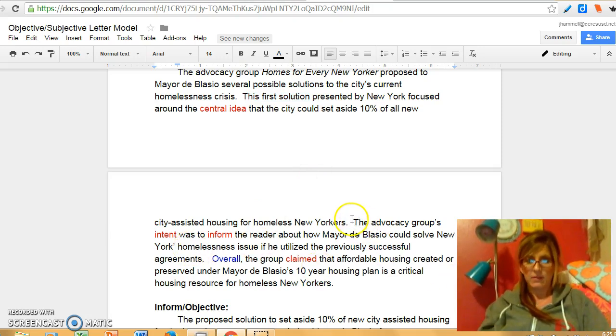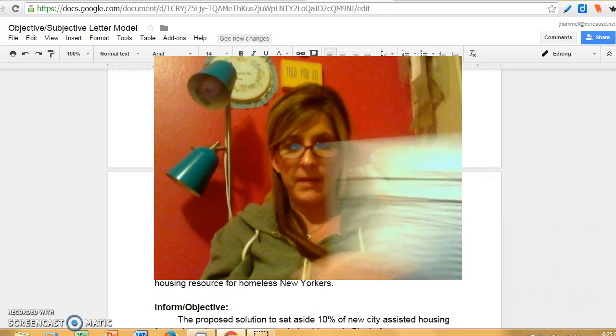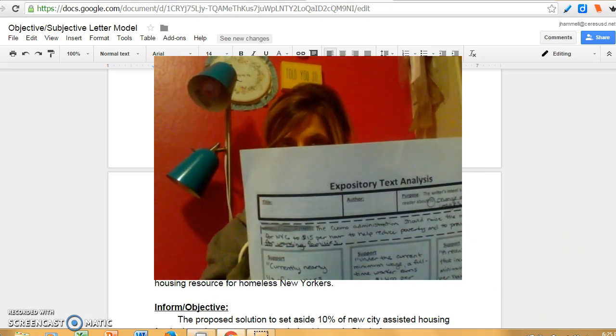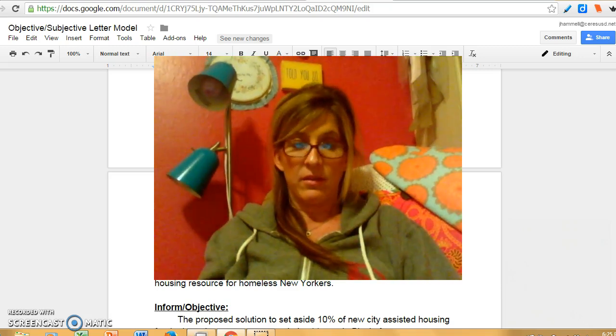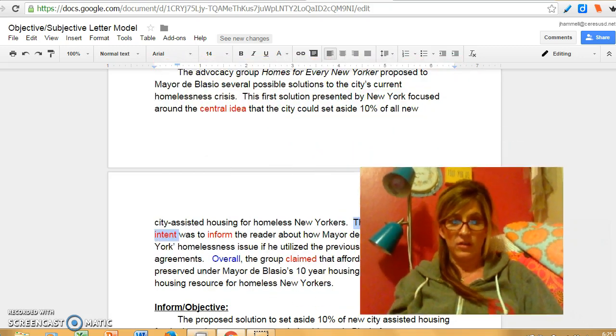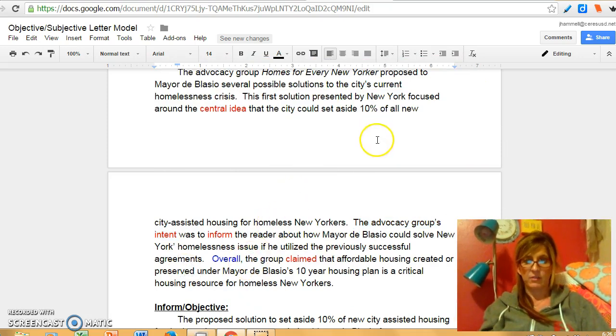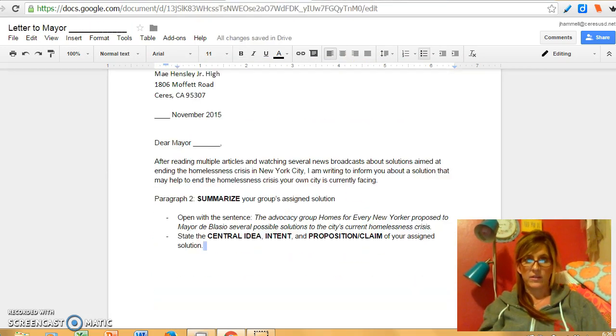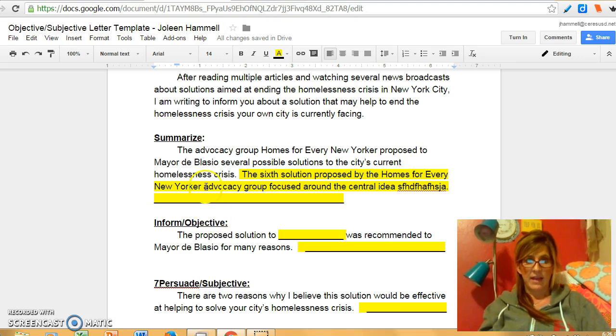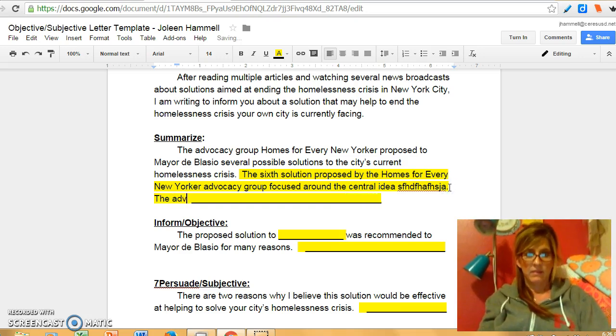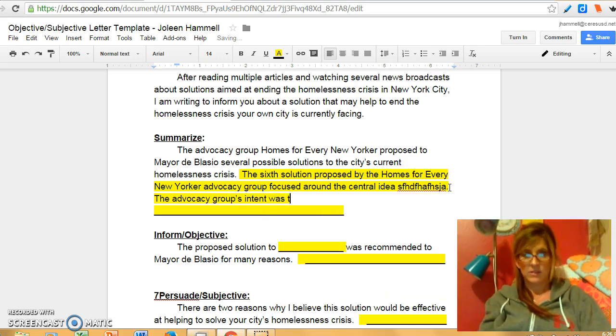Here's what I want you to notice. See how it starts, the advocacy group's intent? In your box for purpose, it says the writer's intent. Well, we know that the writer of these solutions was that Homes for Every New Yorker advocacy group. So you can go ahead and start your sentence just like that. The advocacy group's intent was to, and you're either going to have inform or persuade depending on what solution you have,